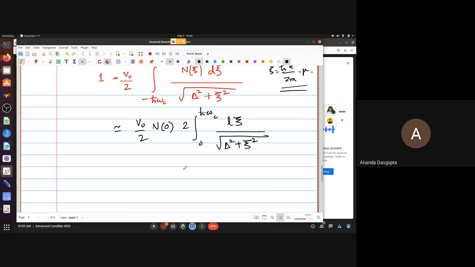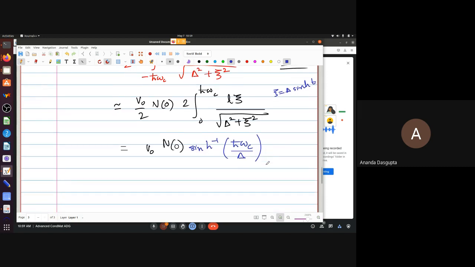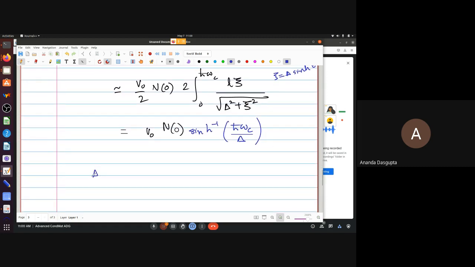Now, this integral is actually rather trivial to do. Well, the standard way to calculate this integral is putting xi equal to delta sinh t. Because if you do that, then you get delta times 1 plus sinh squared in the denominator, which is cosh, and you get the same thing in the numerator. They cancel. Anyway, the result is simply sinh inverse. So this gives us an equation for delta. Delta works out to be